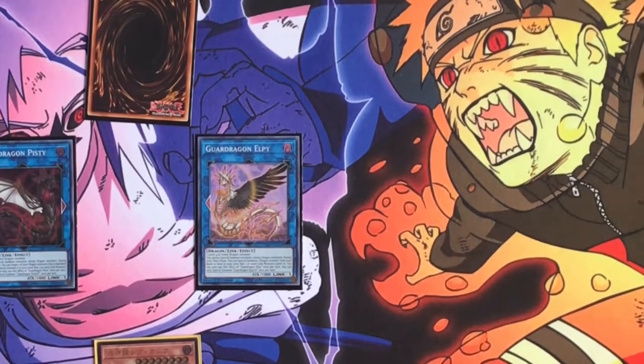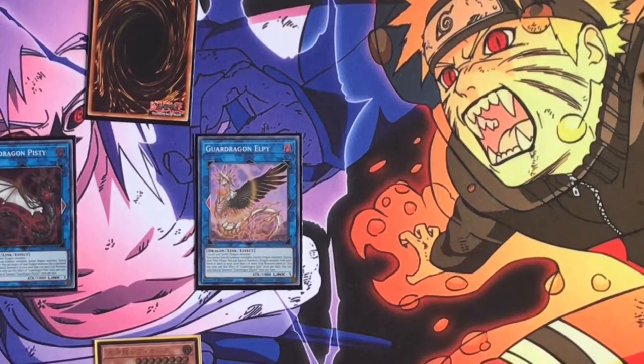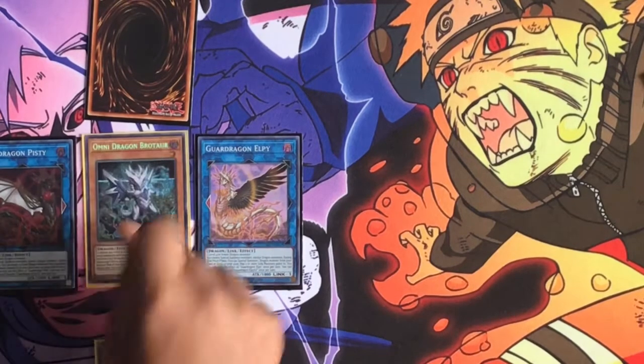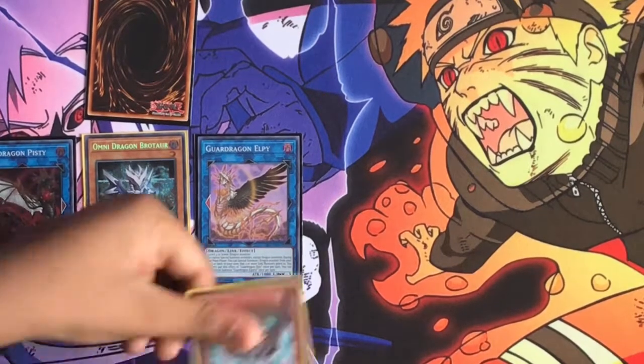another dragon. Really, your dragon options are limited, so I suggest just go for Omni Brotar. It's still a dragon, and Omni Brotar needs to be in Graveyard anyways. So let's go with Omni Brotar. Then you're gonna special summon